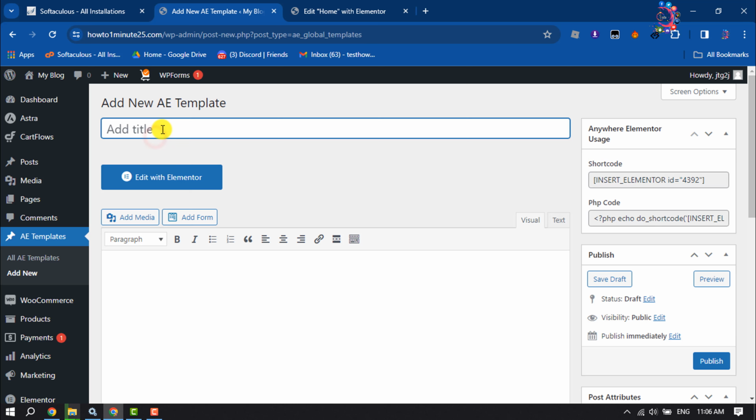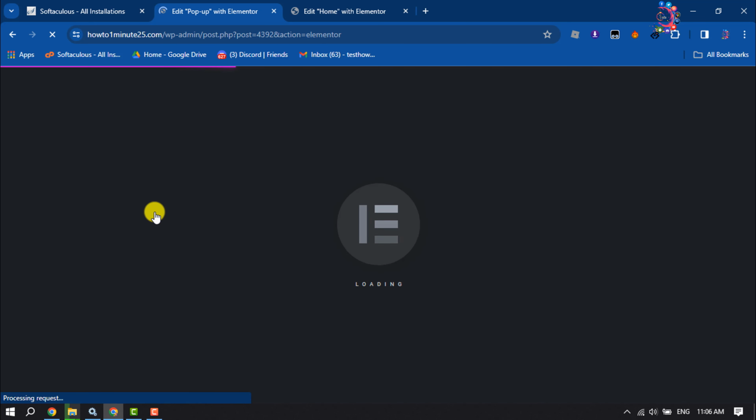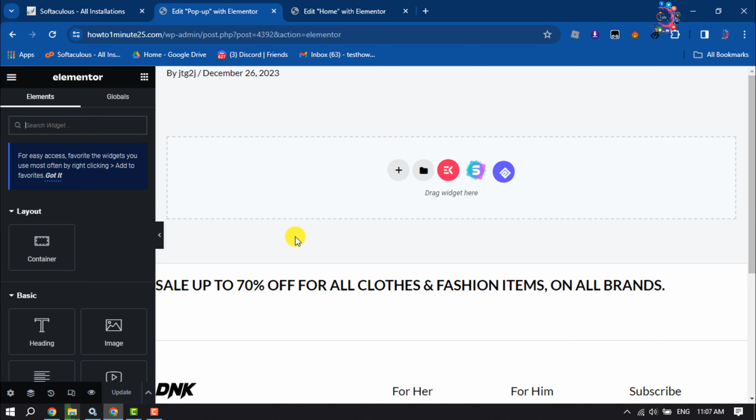And here give the AE template title pop-up and click on publish. And now click on edit with Elementor. And now we will make our pop-up. So click on add template